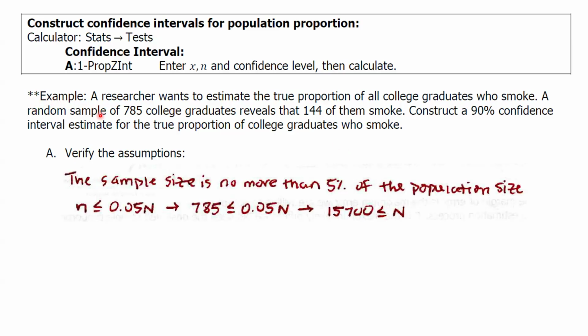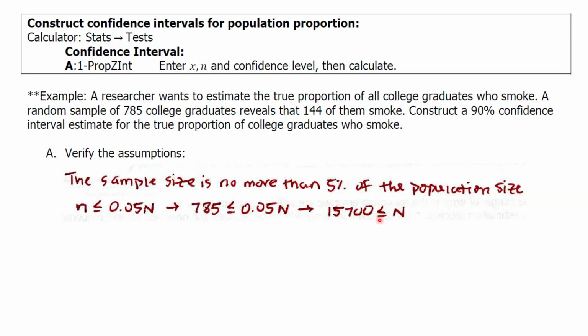So now we just need to assume that one, the sample size is no more than 5% of the population size. So the sample size must be less than or equal to 5%, or 0.05, of the population size, which is capital N. In solving for N, the population size must be greater than or equal to